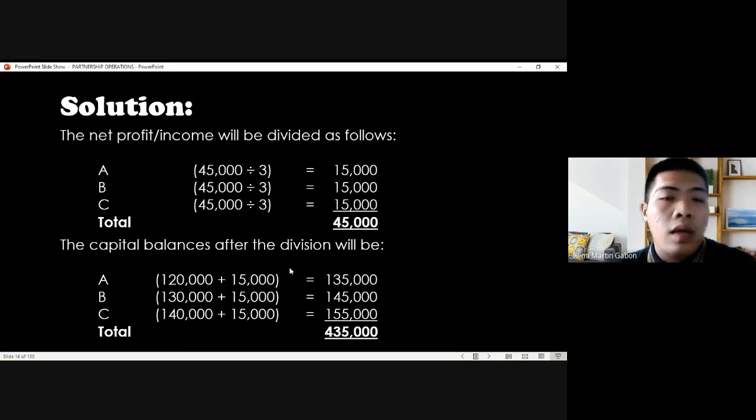Then after distribution of the profit, we can have A, 135,000 (120,000 plus 15,000). Then for B, we have 145,000. There's the computation. And for C, we have 155,000. Okay, so the total of our